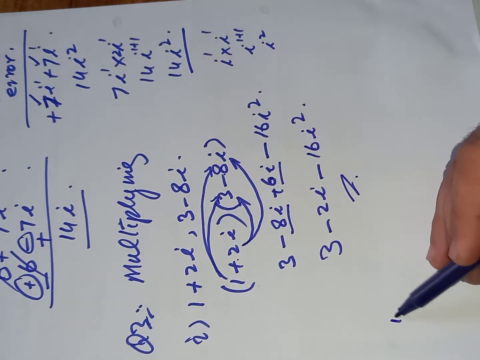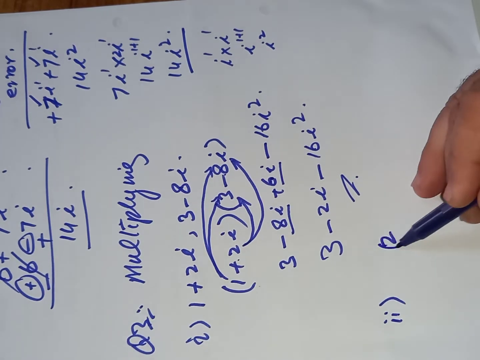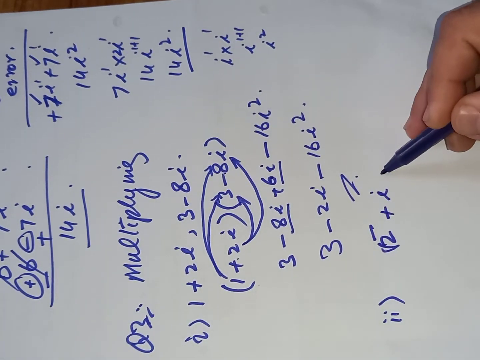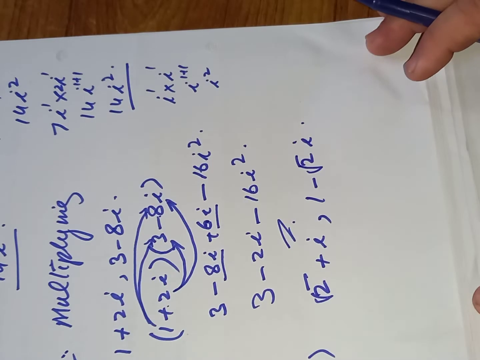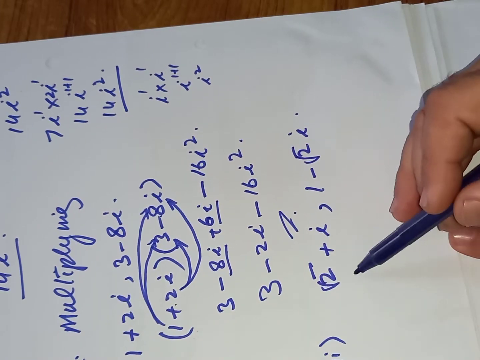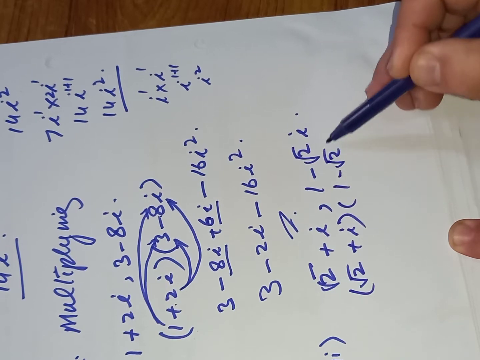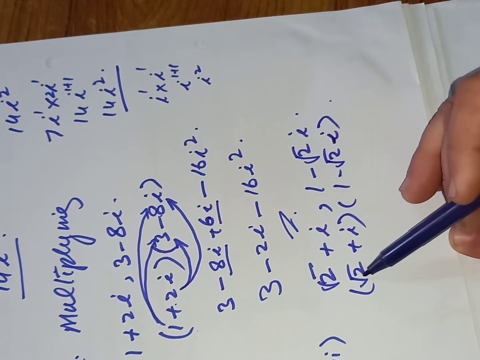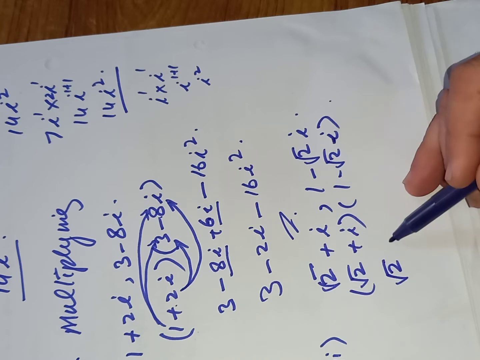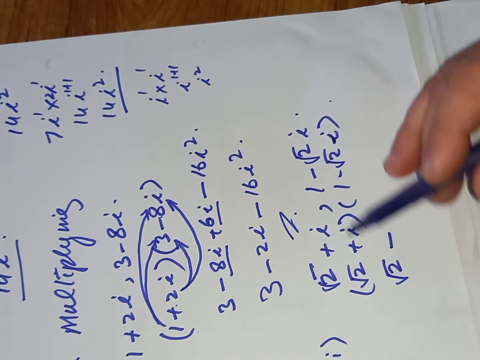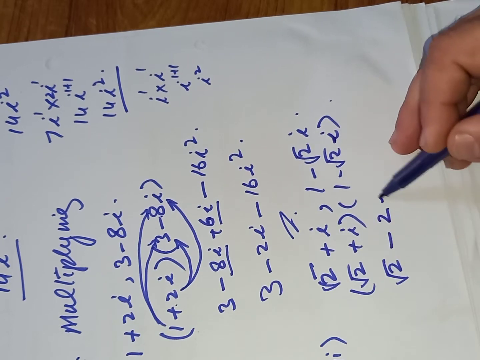So let's try another part. 2 square root plus iota 2 and 1 minus 2 square root with iota, these are to multiply, and we replace the comma with the brackets. Now first thing to multiply with both, 2 square root 1s are 2 square root, and minus plus minus, 2 square root will go off, and we will be left with 2 and iota, and plus